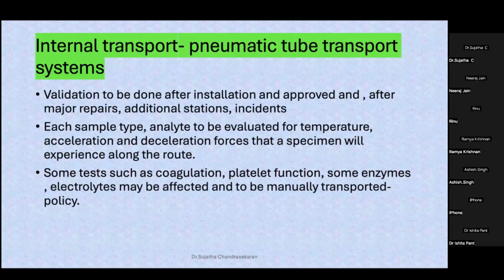Okay, what you do is you test a duplicate and then look at the values and check whether that is within the acceptable limit. Some of the tests like coagulation, platelet functions, they may be affected very easily. And based on the validation, the lab will make a policy on what tests need to be manually carried, and for what tests the samples have to be manually carried, and for what it can come through the pneumatic transport